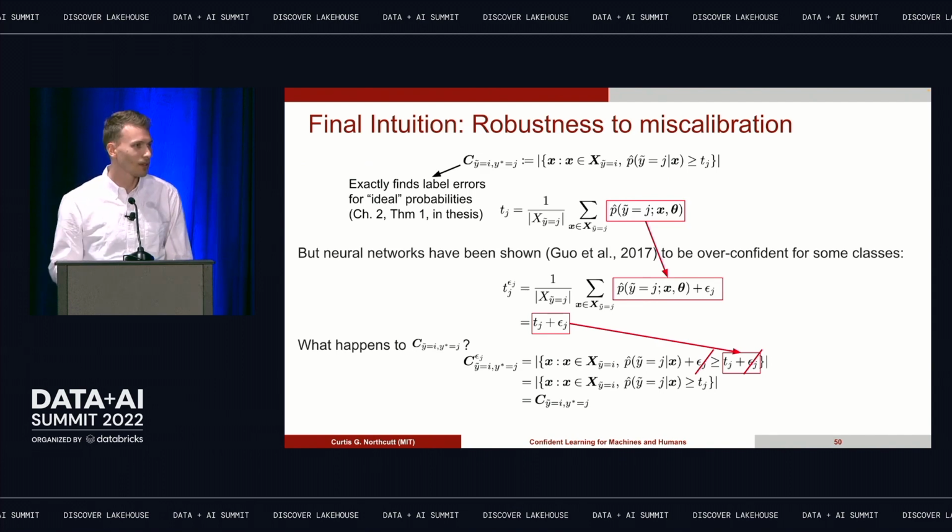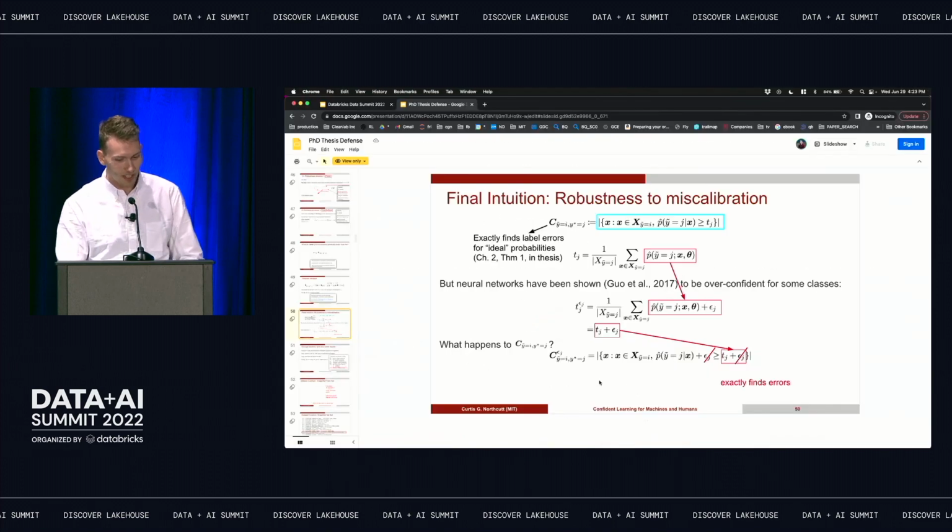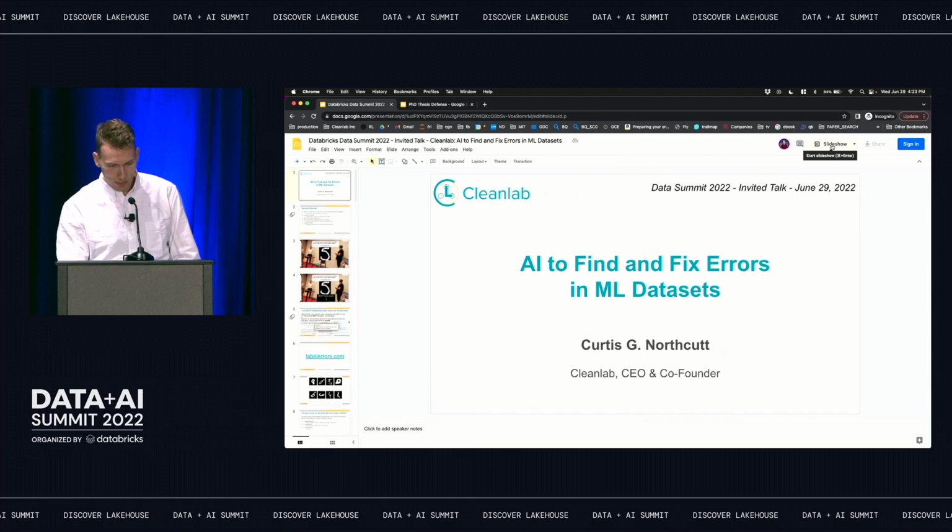And in the paper, we go a lot more complicated. In the paper, you can see how this is actually true if you have noise in every predicted probability, not just every class, at the individual level. So that's just a fun intuition on why this formulation is a reasonable thing to do. And now let's look at some cool results that we can get out of it.